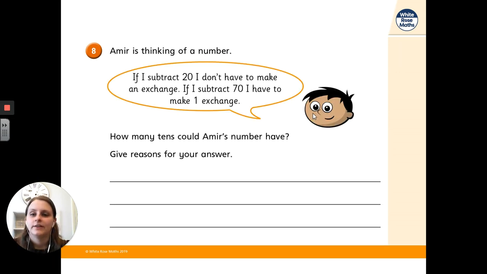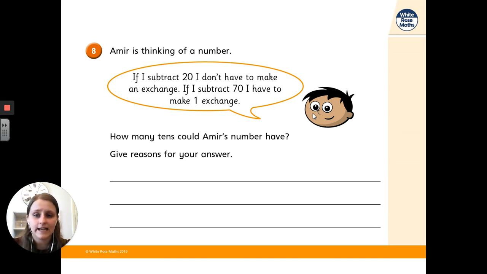Number 8. Amir is thinking of a number. If I subtract 20, I don't have to make an exchange. If I subtract 70, I have to make one exchange. So how many 10s could Amir's number have? Give reasons for your answer. So what this is asking you to do is to work out what the 10s could be for this to be right. So if I had 110,